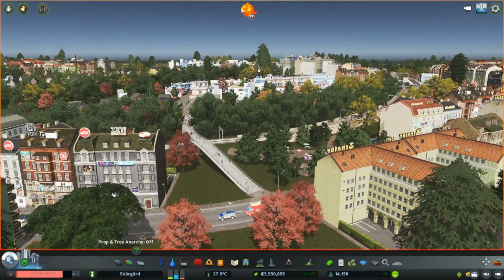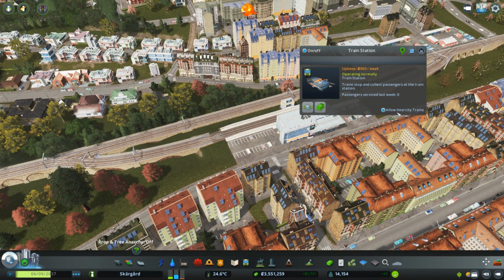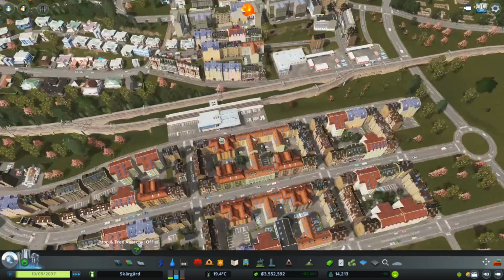I don't like this pathway. I need to download some other pathways because I don't think that suits it at all. Anyway, so that means we got this. I'm going to turn off intercity trains. I don't want those coming in here. Get out. Because we'll set that up and that will link somewhere else. But we'll probably change that station to a different one anyway, to one that suits a little bit better. But that means through here...